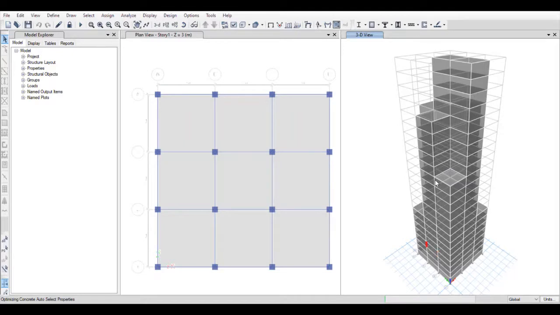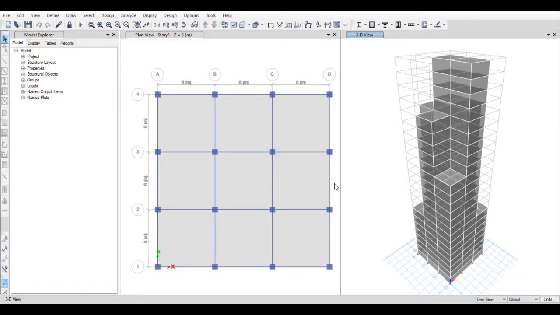Guys, till the software runs the design, I would also like to tell you that for time history analysis, we'll have to follow the same process. Go to define, load patterns, define the seismic load, go to functions, go to time history analysis. Now, what happens in time history analysis? We are using the previous ground motion records. So there will be a file which we'll have to use for uploading that data into the ETABS software. Once you upload that, you can go ahead with the load cases, define the acceleration, go to analysis, set load cases to run, and then go to design. It's similar.